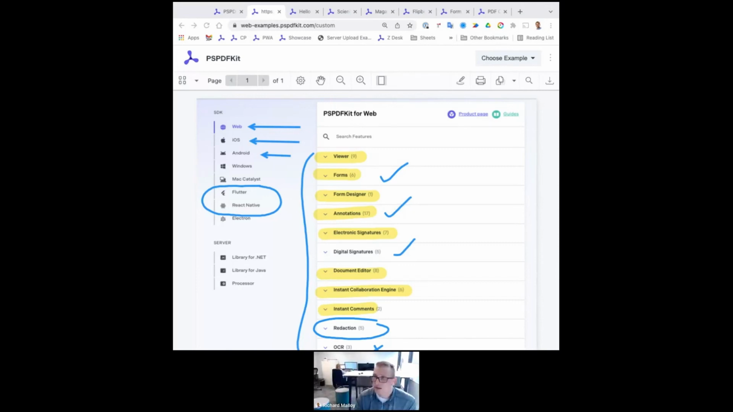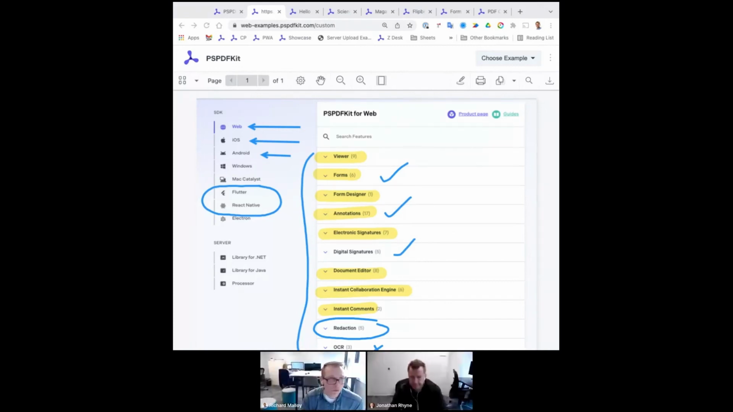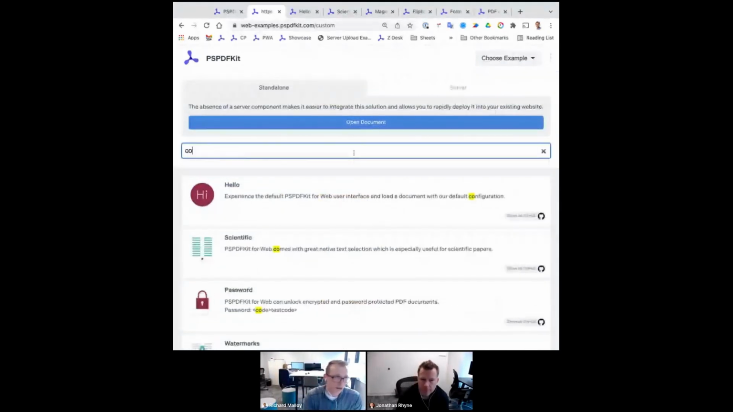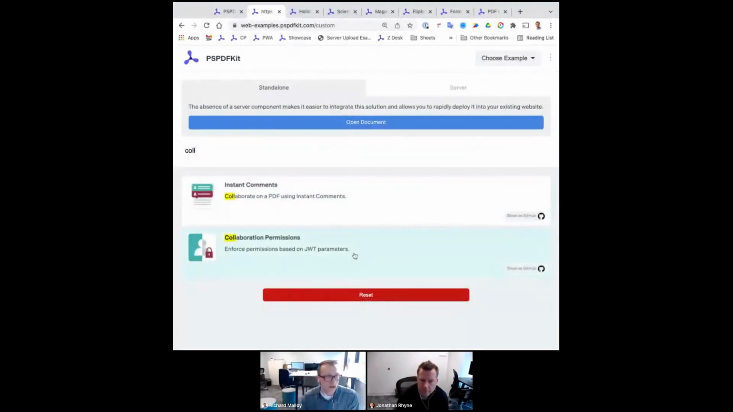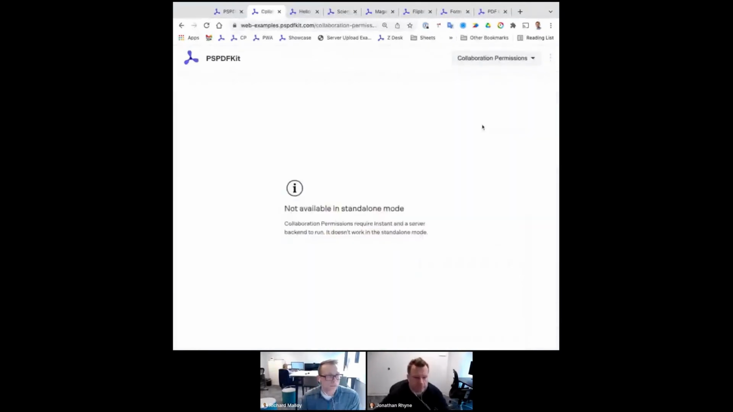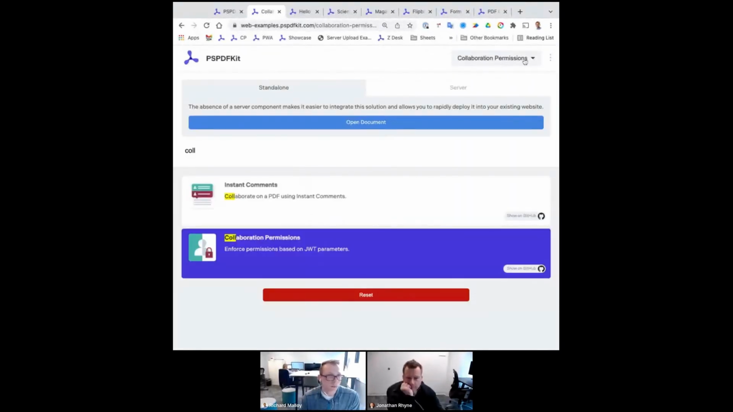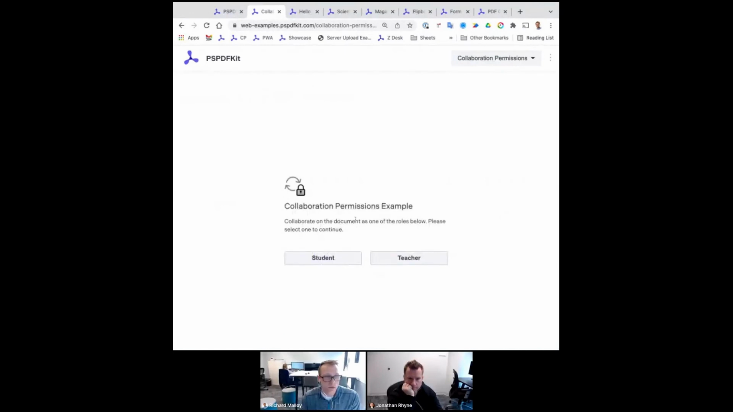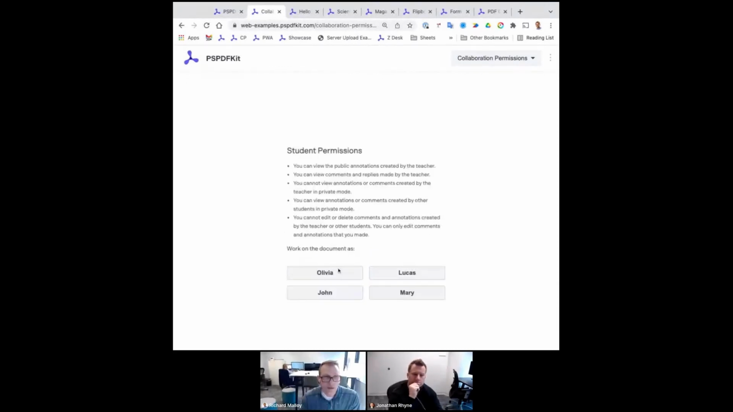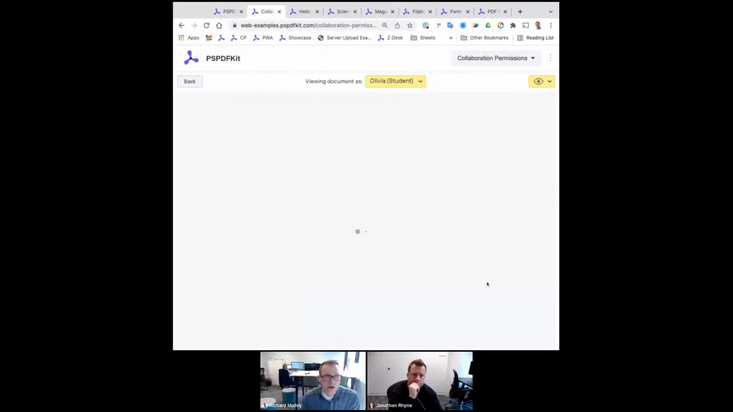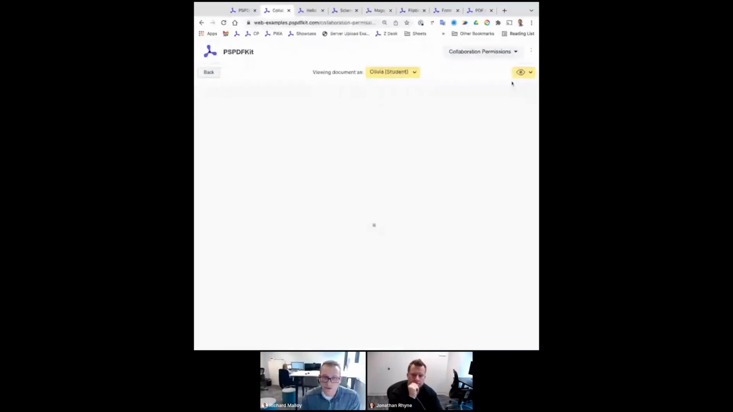Can you share the PDF with the user who can only read the document? So yeah, this comes into a use case where it's still built on our instant workflow, where we have added the ability to give certain permissions to people, not only from what they're able to do with the document, like being read-only, but also making annotations